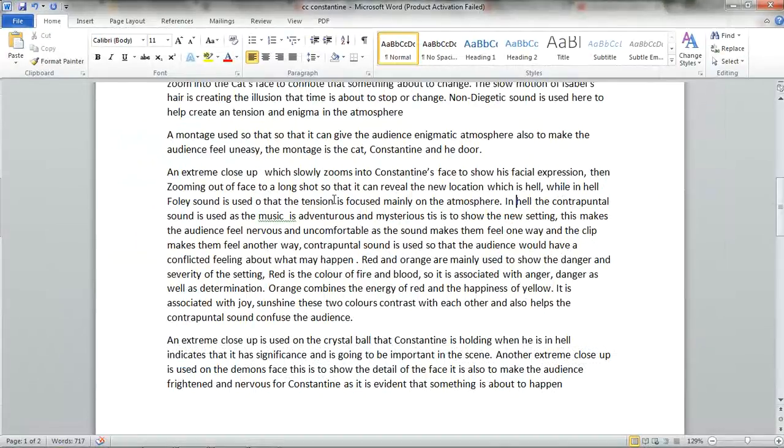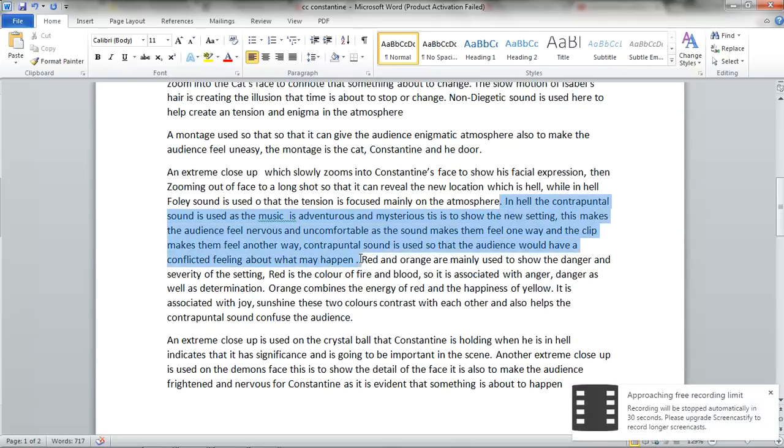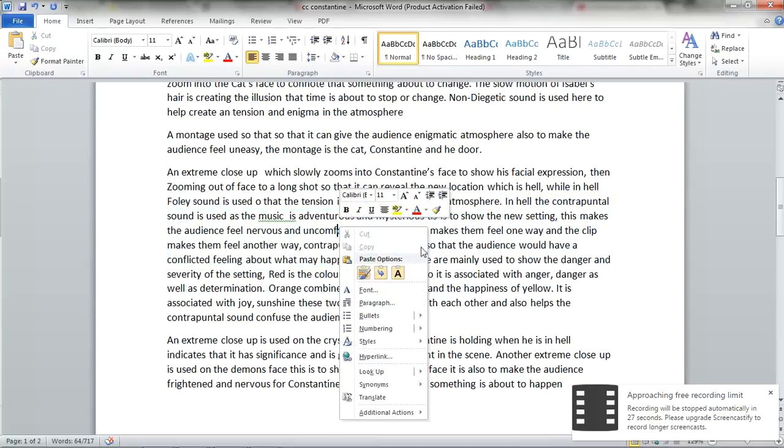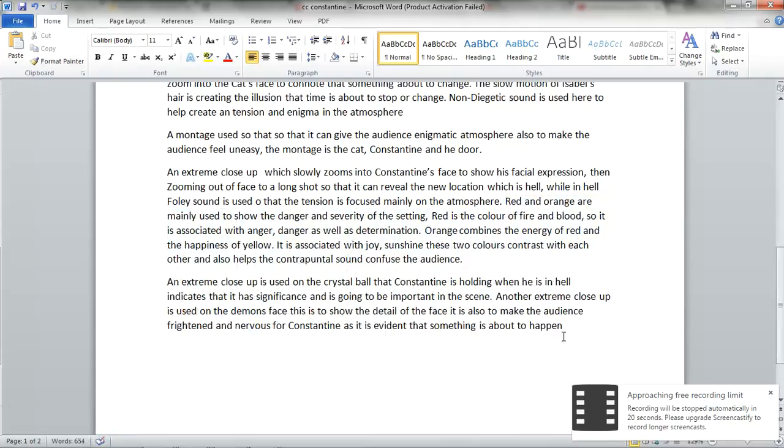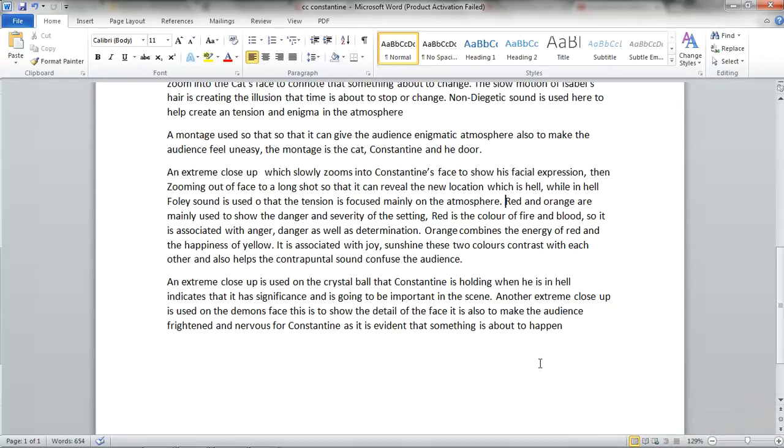So I would take this bit out of here for now. And I've got 20 seconds left, as this shows. So I would say something like the color palette is red and orange, which, as well as being the traditional colors of hell,